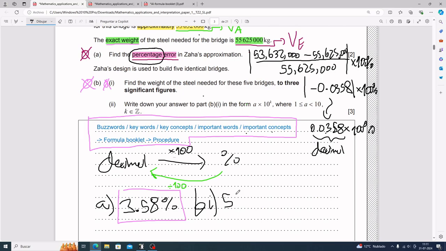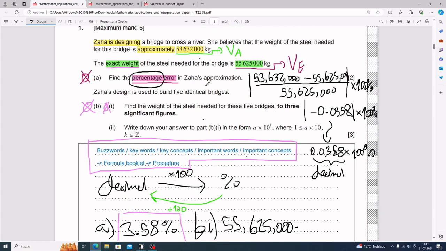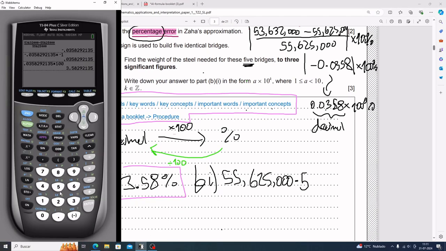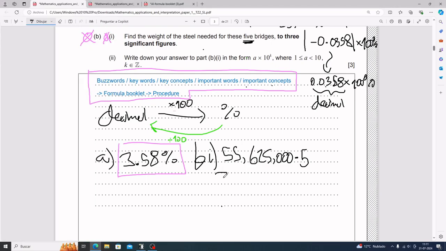So all you're really gonna have to do for part B(i), which is fairly simple, is take the exact value, which is 55,625,000, and that is for one bridge. So that is for one bridge. For 5 bridges, you multiply by 5. Pretty straightforward. So you take this number, 55,625,000 times 5. That is the exact amount needed for 5 bridges. So your answer is going to be